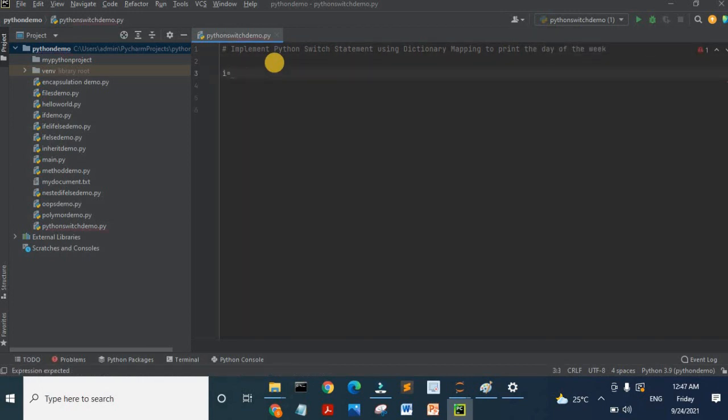I am starting my program with declaring a variable I of integer type and I am printing a message to the user using input method.